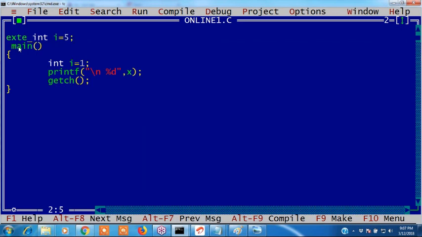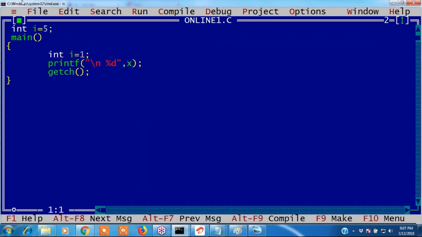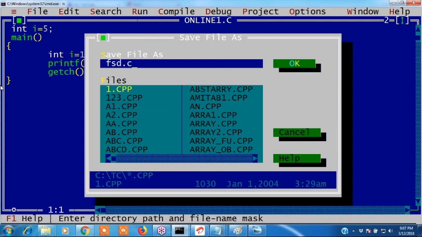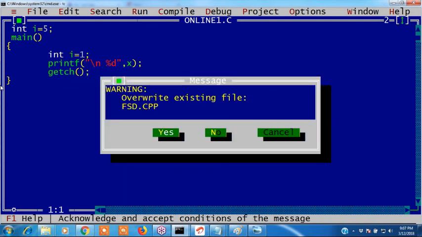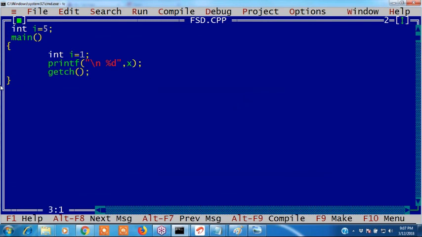How to access those variables? See, I will show you an example. I will save it as .c. Guys, in C++ how to access? I will write .c++. In C++, if a local variable and a global variable have the same name, we can use the unary scope resolution operator. Yes, like this, right? But in C language it's not there.